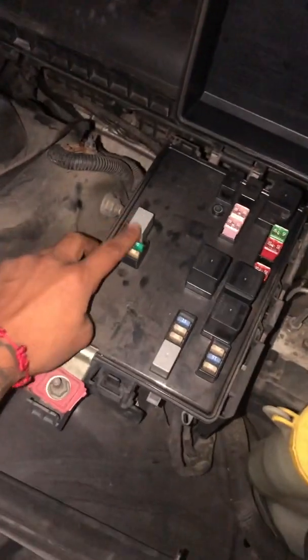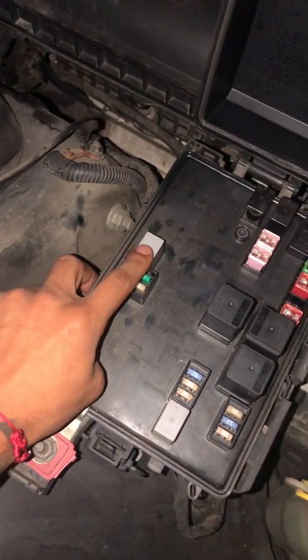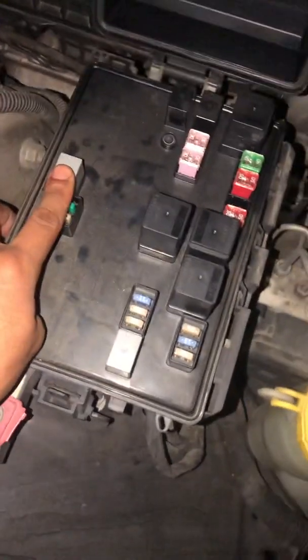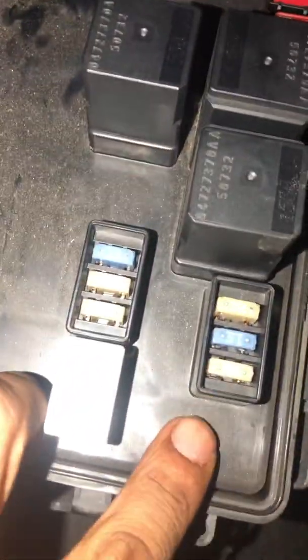I swapped the starter relay, which is, let's see, what's this one right here. This is a starter relay. This is the 30 amp fuse right here. This one gives power to this. And I swapped this out, and since it was cranking but it was not starting, I also changed number 6